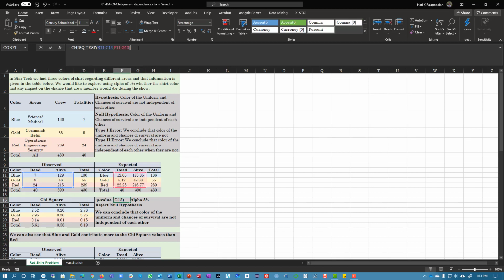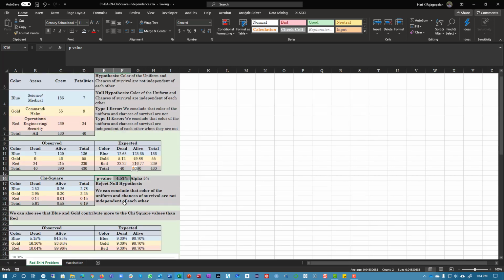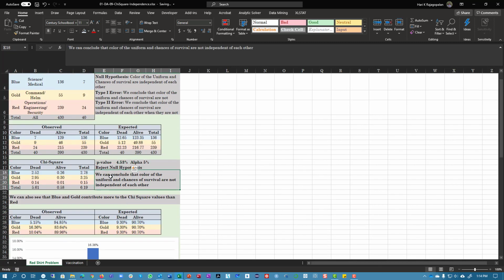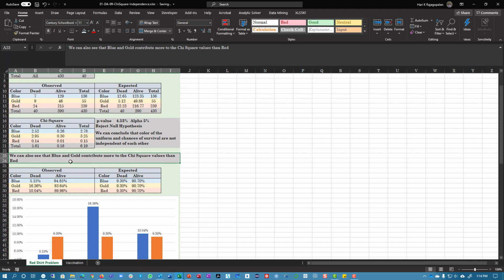And you can use your chi-test, and you'll notice that I have not selected the total here. So CHISQ.TEST, you select your observed values, you select your expected values, and you can reject your null hypothesis. So here is your chi-square calculation. You can see that I am calculating each value, and then here is the total chi-square, and you can see what is contributing to this chi-square value. The larger the value, the smaller the p-value is going to be. All right, so we conclude that they're not independent of each other,